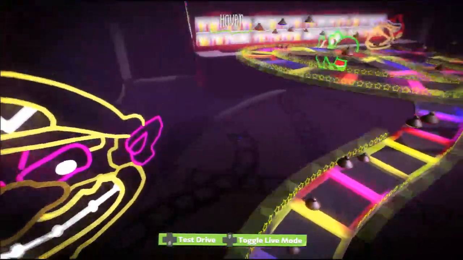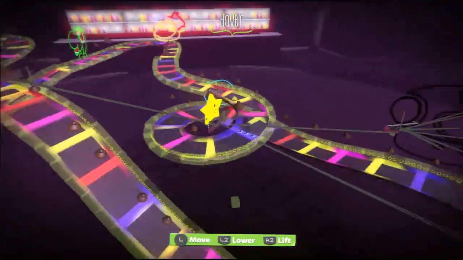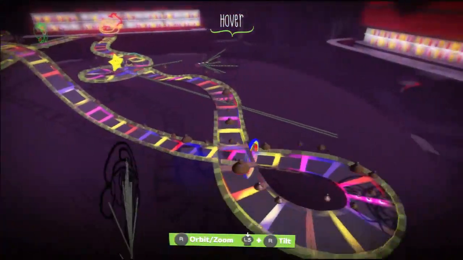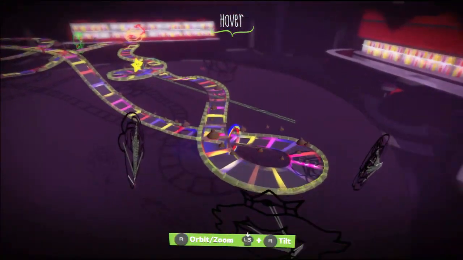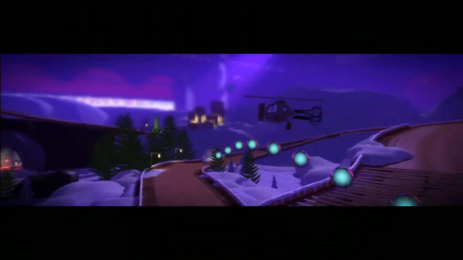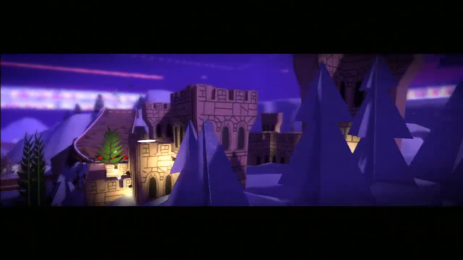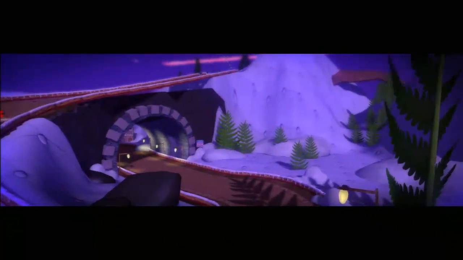Now, he has even been nice enough to make his Rainbow Road level copyable, which I would strongly recommend budding creators do, so you can go and see exactly how he made this level and see things like basic logic in practice. Now, the other creator dominating LittleBigPlanet Karting at the moment is Tony2 with his level Winter Epicness, and